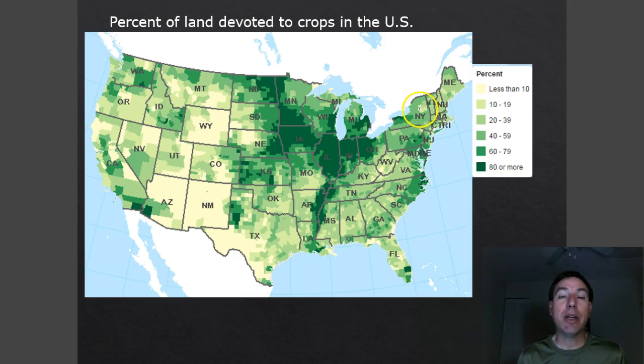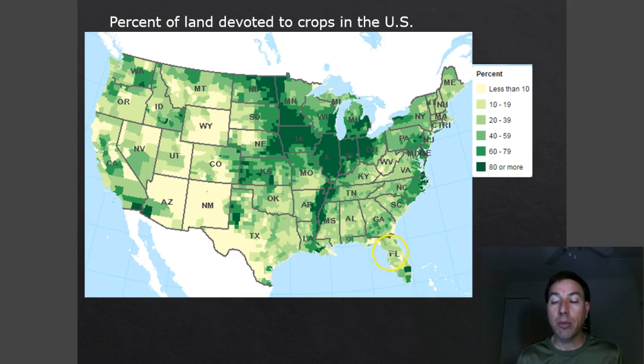And other things that have happened in the United States is that we have basically maxed out the amount of farmland we have. If you look here, the darkest green here are the areas where we have the largest amount of farmland per acre. This is a percentage over here, so 80% or more of the acreage in these areas is farmland. Those areas that have very good soils, very good ability to get water, are those areas where we have high intensity farming, and this is what we call the breadbasket of the United States. If you look, we follow the Mississippi on down, and the Mississippi floodplain is also a very fertile area where a lot of agriculture occurs.